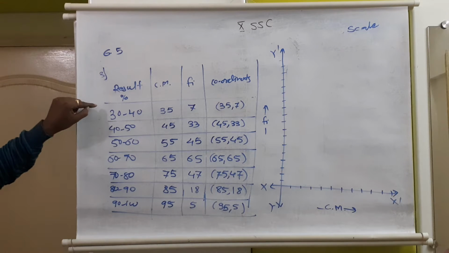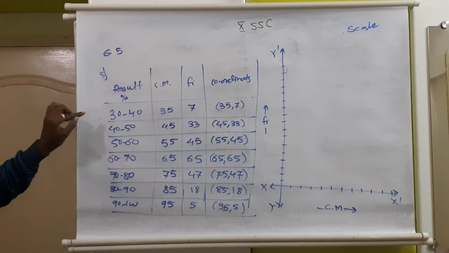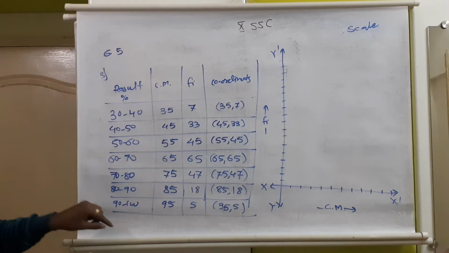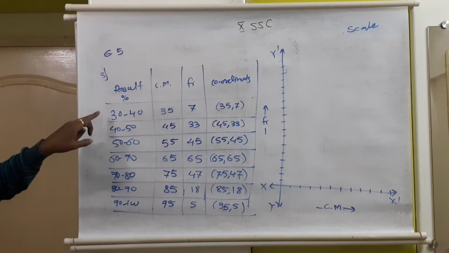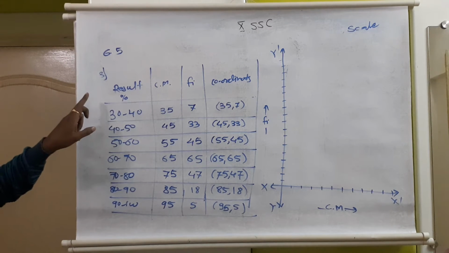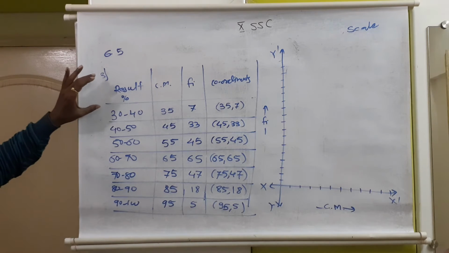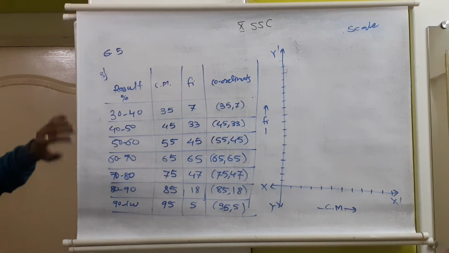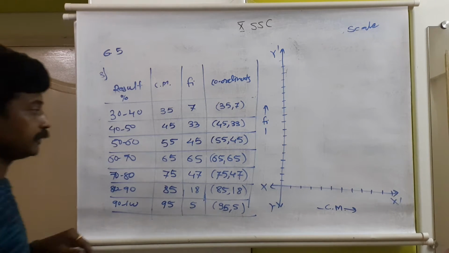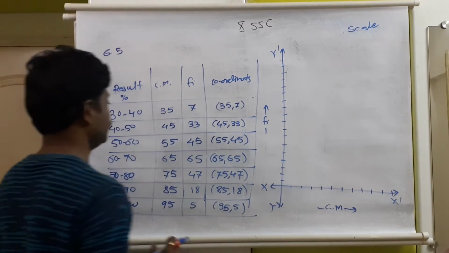We have 30 to 100. The range of the data is from 30 to 100. The first class will start with 30 to 40. Now between 0 and 30, the first class is starting with 30, so from 0 to 30 there is no class. So we can use a kink sign. Or if we mention it, what will happen?